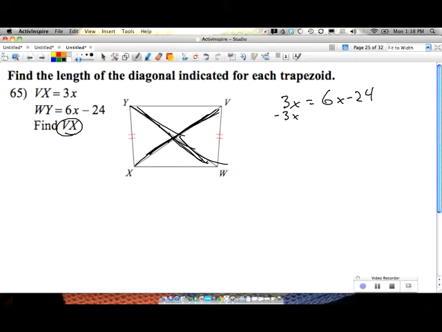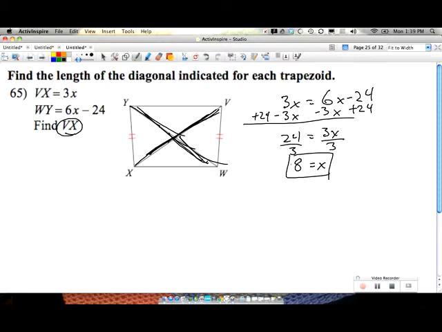segments there. So I'm going to subtract 3x from both sides. I'm going to add 24 to both sides. And let's see what we come up with. We're going to have 24 on the left side and 3x on the right side. When we divide by 3, x is equal to 8. That's helpful, but it's not all of it. We need to take this, and now we've got to plug it back in